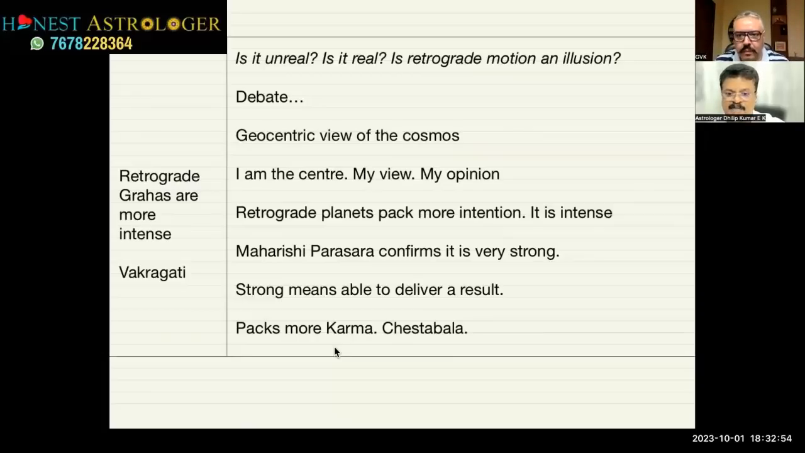It should be more action, because Cheshta Bala is usually only related to the kinetic energy. It is not about somebody sitting and talking. It is somebody who's in action. So I always thought Vakragraha should be like I'm in action more than